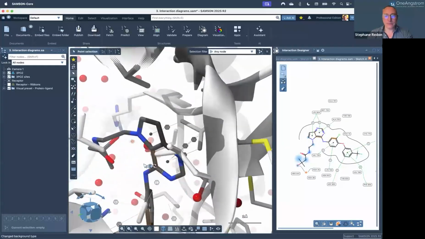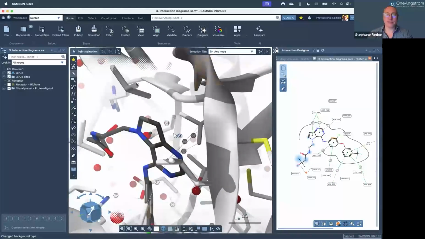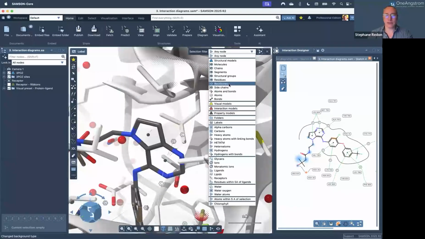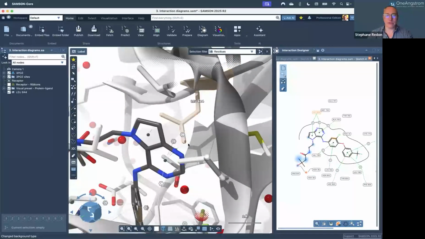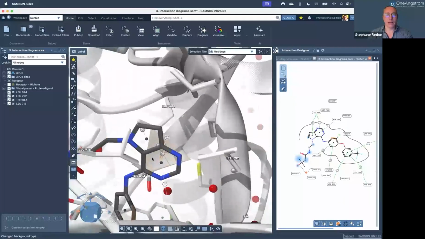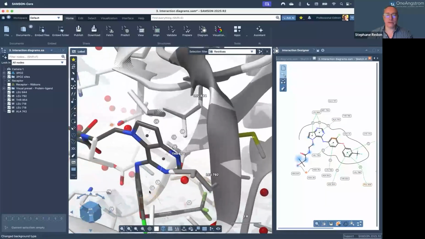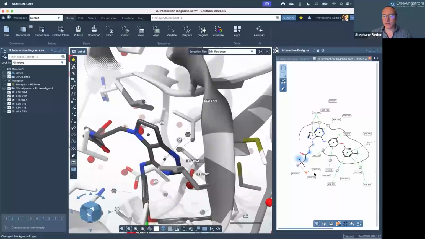Okay, so here, when I use this preset, I see the side chains in the binding site. I could label them as well. Let's do that at the residue level. So let's say this one, this one, this one, this one. And now I have better information on what is interacting with the ligand. And also,